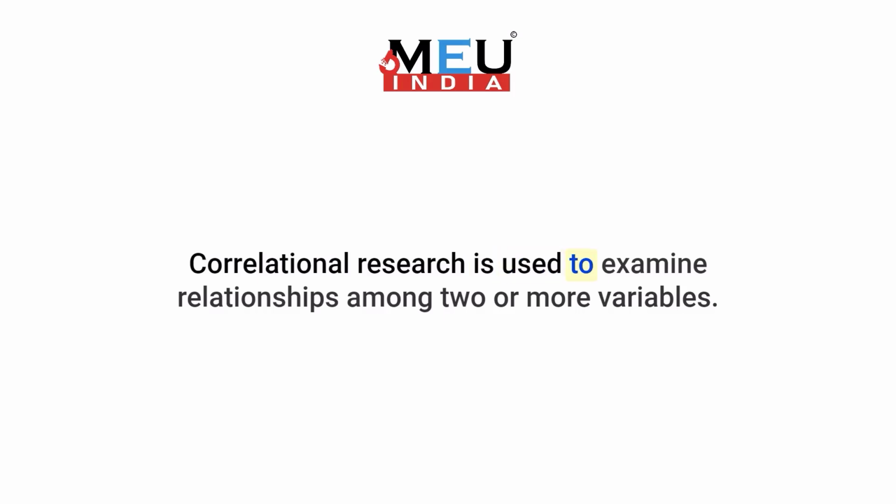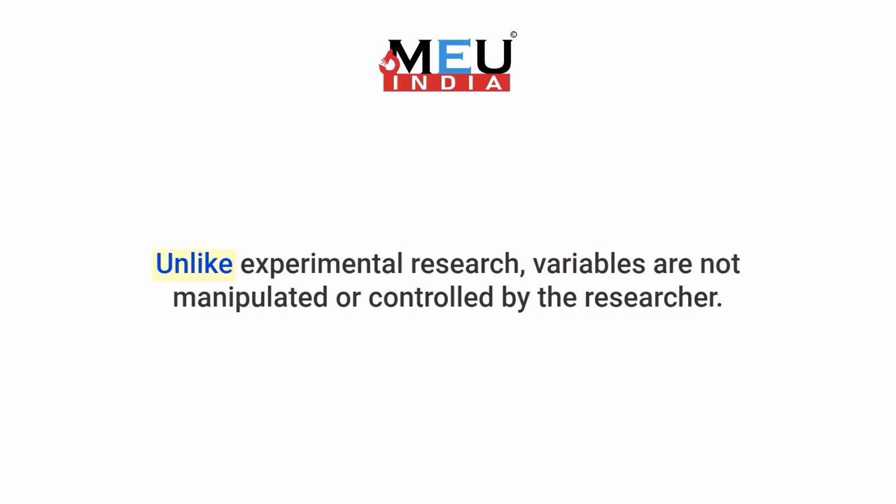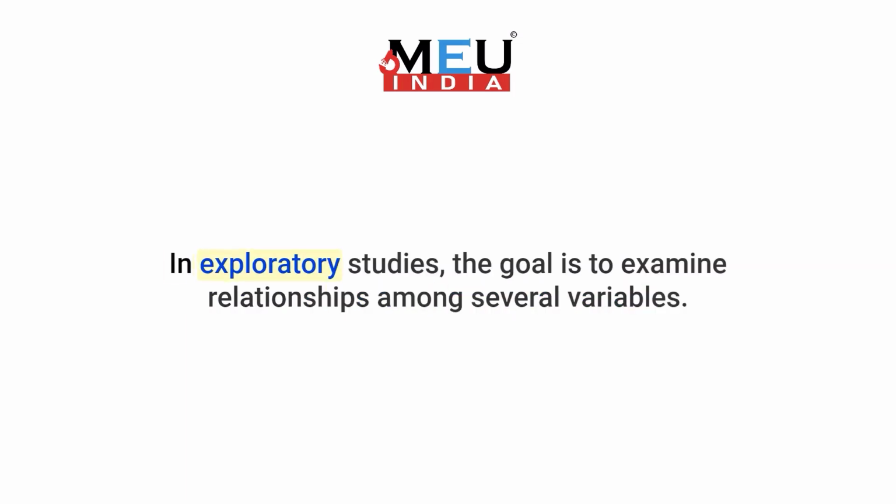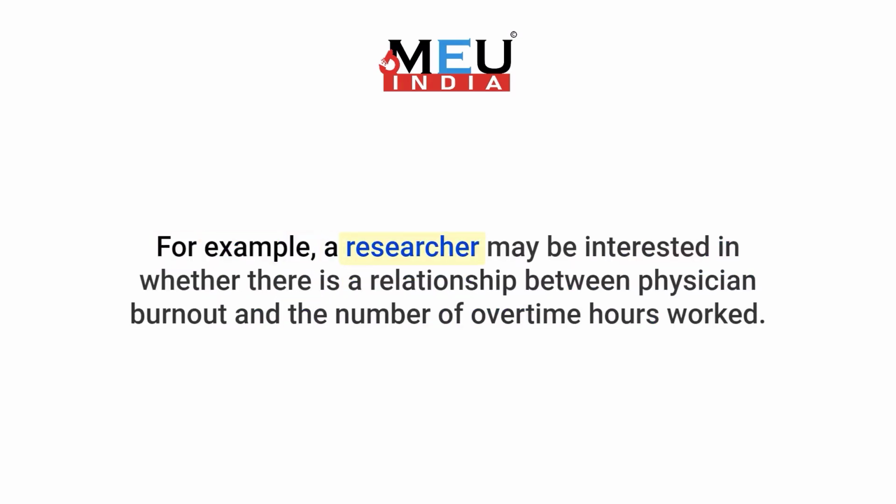Correlational research is used to examine relationships among two or more variables. Unlike experimental research, variables are not manipulated or controlled by the researcher. There are two main purposes of correlational research. In exploratory studies, the goal is to examine relationships among several variables. For example, a researcher may be interested in whether there is a relationship between physician burnout and the number of